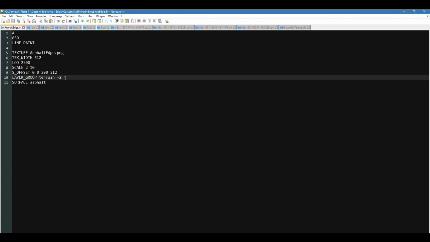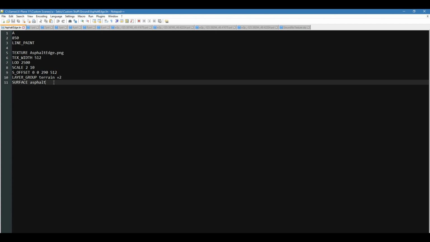And then we've got the surface. It isn't very necessary, but this is just to make sure that if you get one wheel on the line, it'll still act as asphalt and not as the underlying ground. So hopefully that helps you guys out, and hopefully that explains how to make these lines and how to create a fairly good looking airport, even though you're using tileable textures and not some custom image,